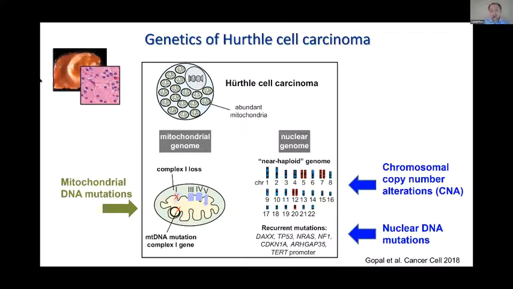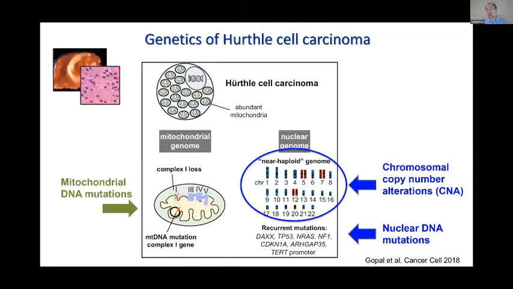We know that these tumors have mitochondrial DNA mutations, which may not be carcinogenic. Some of them have nuclear DNA mutations, but the hallmark of these tumors is copy number alterations of a very peculiar and specific type, called neohaploid